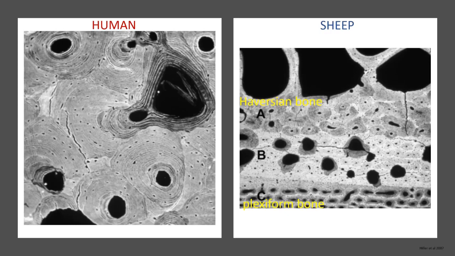Again, on the left, there is a sample of human bone and on the right of a sheep bone. Again, a clear difference in the structure of the bone and in the organization and size of osteons is seen. In the sheep bone, a haversian bone is seen on the endosteal side and a plexiform bone on the periosteal